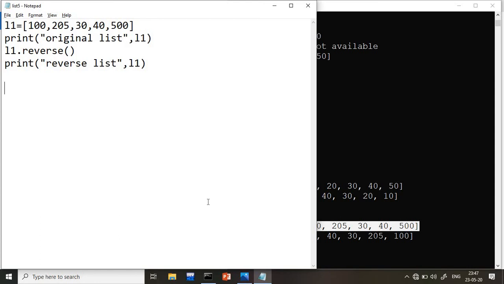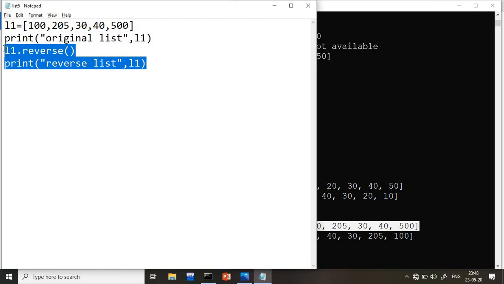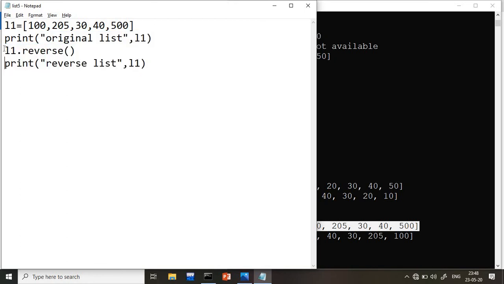Can I do it? Yes, it is possible, but we need to use the sort function. So how to use the sort function? Let us say I will use L1 dot sort, and here I will print the sorted list.